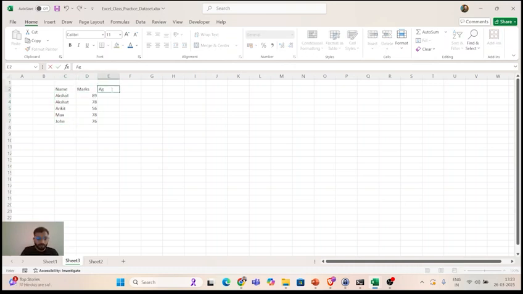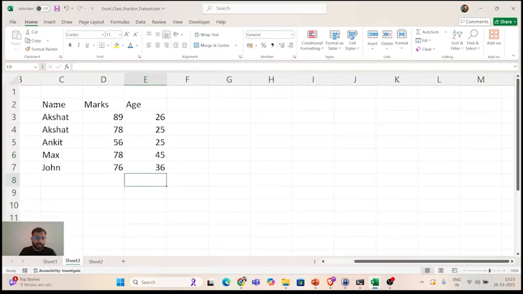And let's say this is the age column as well, like Akshat is 26, and no, let's say not 26, maybe they two are different students, 25, 25, 45, 80, let's say 36, like that, okay? Now, if I want to sort this data first on the basis of name, these two will be just below one another. But now after name, which column do you want to prioritize, whether age or marks? So let's say, do you want to see it like that?